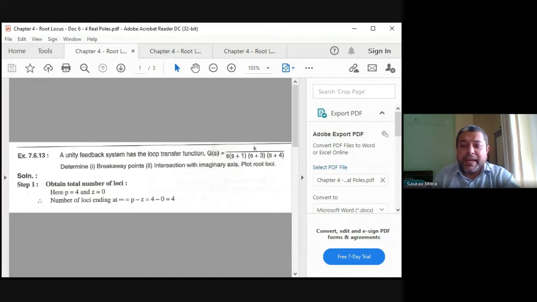The next level will be adding imaginary poles, and the next level will be adding imaginary zeros. Whenever I am adding imaginary poles and zeros, you have to do the 7th step. In the breakaway point also some complexity will come, and how to resolve that, all those things we have to see. But every numerical will teach you something different.